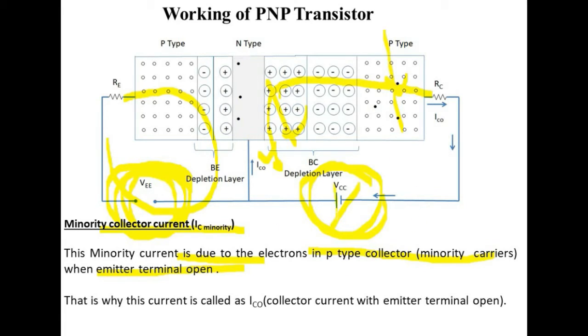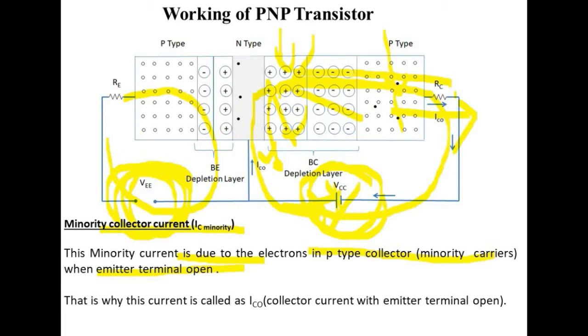Notice here this polarity is positive and these electrons are negative, and this is the layer of positive charge. This is the plus terminal of the battery. So these plus charges will attract the electrons to cross through the base junction and move to the plus terminal of the battery. In this way we see that free electrons are moving in this direction. That is why the current due to these minority carriers is coming out.